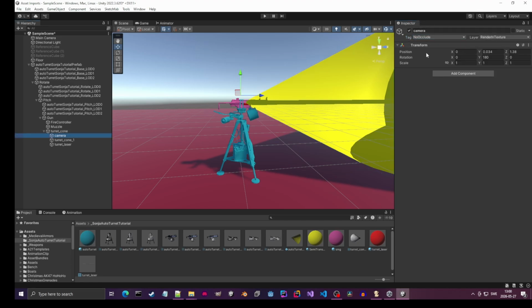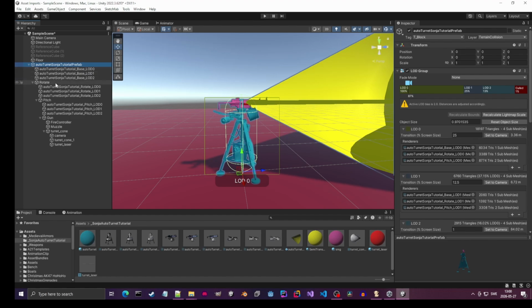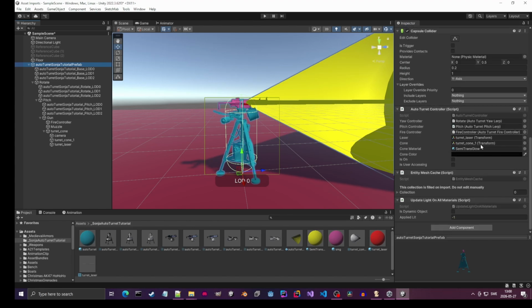We have to do the same for camera, turret cone and turret lasers. All these four use the same. When you already have this, the hierarchy looks fine. You have all the tags, you have all the scripts, you have added all the required information in the scripts, then it is time to export